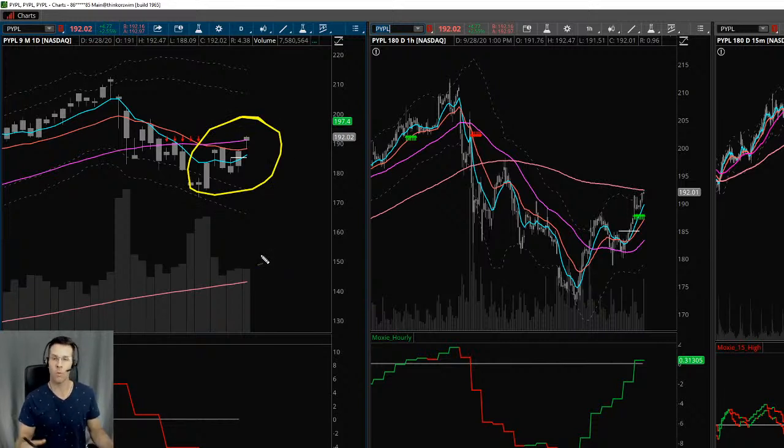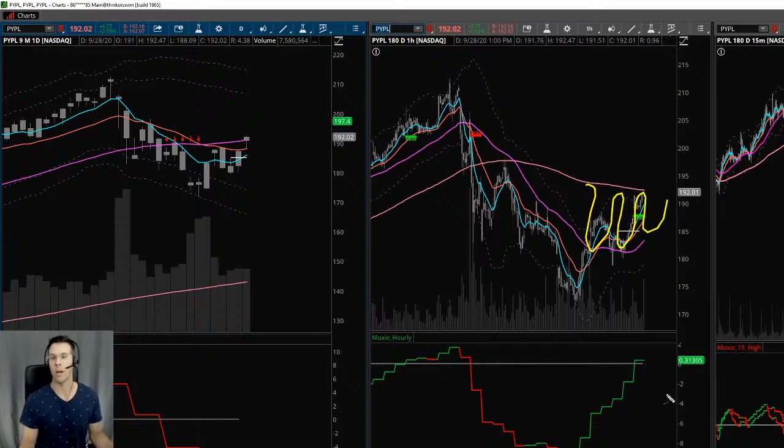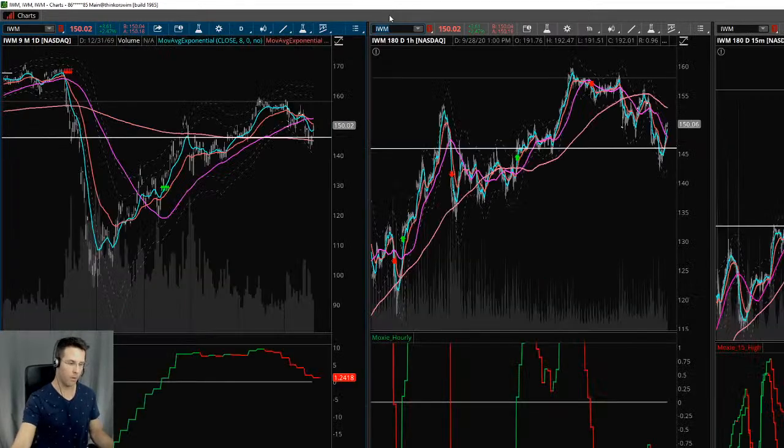So there's still some more work that needs to happen before something like this can really say, okay, we're in a new uptrend. We are still bouncing back and forth between, say, this 50 and 200 on the hourly chart. But we need to look for a pullback. We need to keep finding that support, and we need to see if things are actually going to start pushing to the upside. The other thing, let's kind of make our way around.